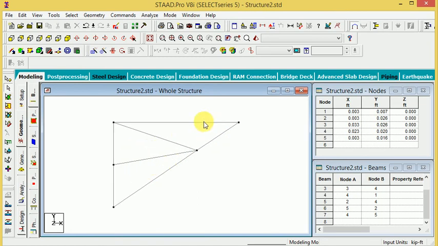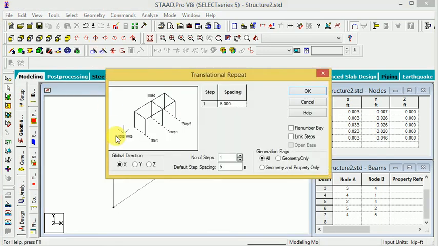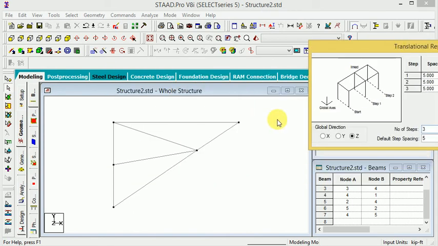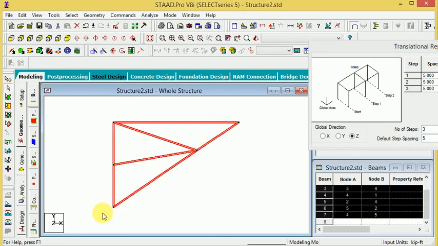Just click right now. So where is it? Here the translational repeated linear pattern. Go to linear pattern, and we will just define the x and y and z axis. That's why this is z axis here, this is right, and y and x axis. So when you go to z axis and step number of 3 and between 5 mm distance, and okay, then go to select for every component, and I will do